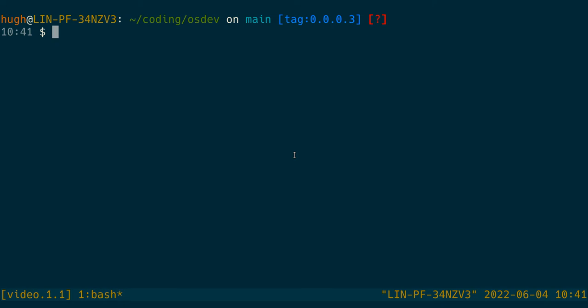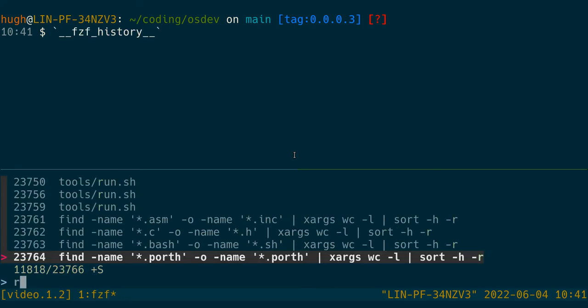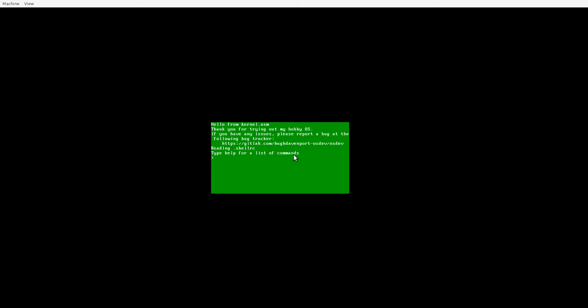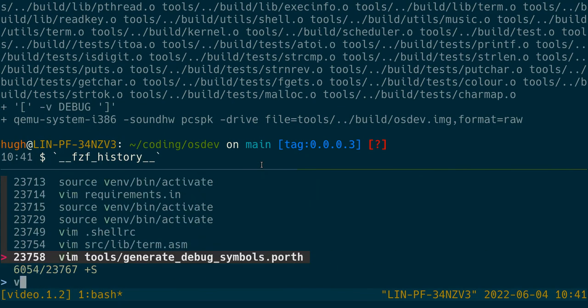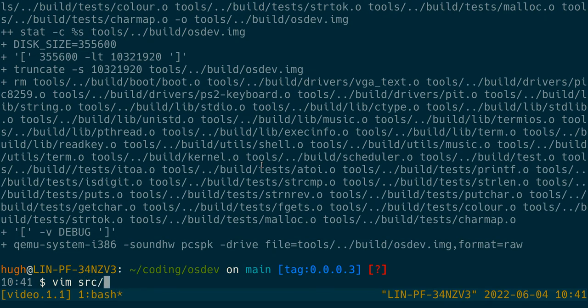So I'm starting to work on some new stuff after my latest release. One thing that came up when I was just tidying stuff up was that when you do too much of it, you get a stack trace panic after a while. The reason why that was happening, if we look at